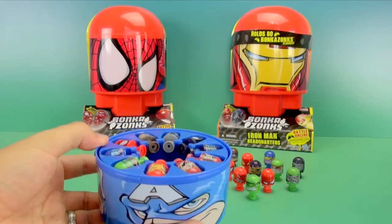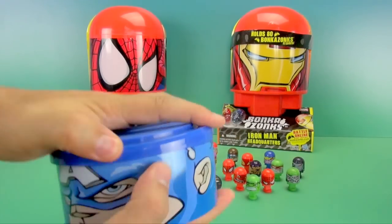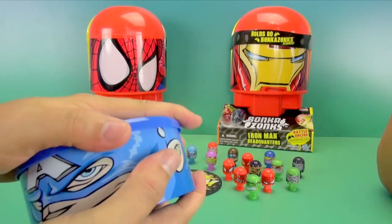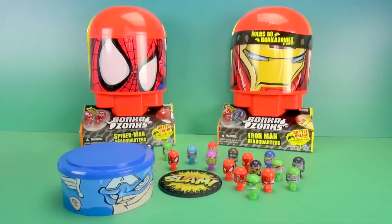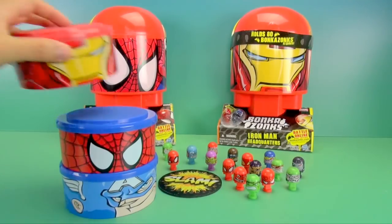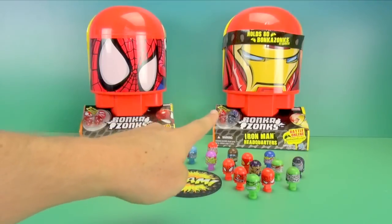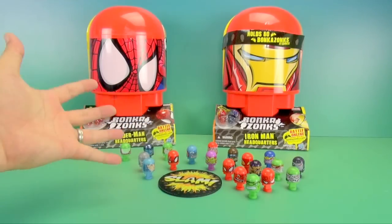So the case can hold 10 Bonkazonk. Oh. And it has a locking lid. Lock. It is locked. And they are stackable, so it doesn't move around. So right there, we could store 30 Bonkazonk. But if you want to store even more Bonkazonk, Iron Man headquarters and this Spider-Man headquarters combine to make one giant